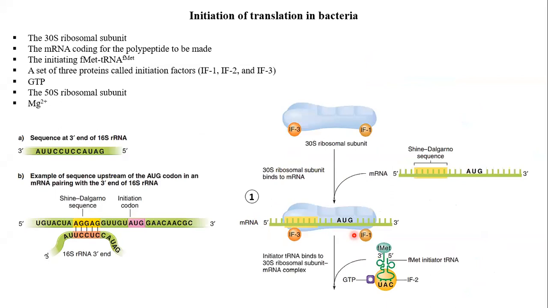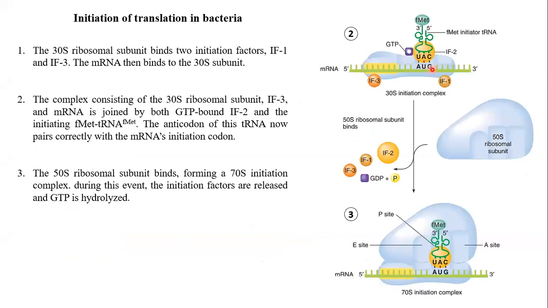So what is the first interaction? First interaction is this SD sequence and 16S RNA. This sequence interaction helps in the binding. Then it helps again with the codon anticodon. See, AUG, and it has this anticodon CAU. So this codon anticodon specificity also helps in binding this transfer RNA to the correct P site.